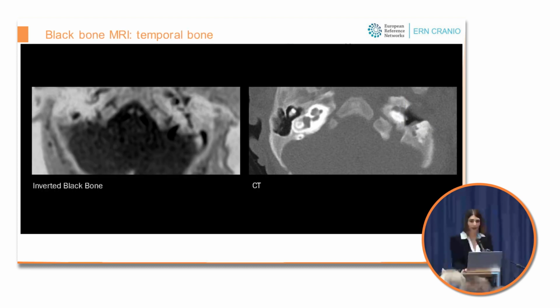The vascular foramina assessment of the temporal bone might play a role in the evaluation of craniosynostosis patients. Jugular foramina narrowing has been described in craniosynostosis, and some authors argue that it might play a role in the pathogenesis of the intracranial hypertension. In this patient, we see a normal jugular foramen, and the flow void of the jugular vein can help its